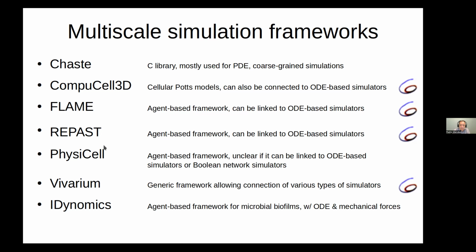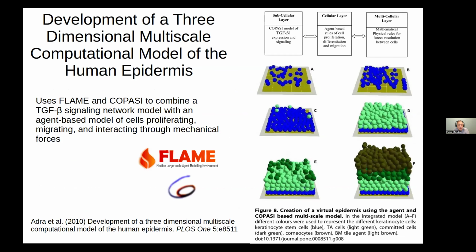Okay. So first one, this is a paper from way back 2010, so a number of years ago already, where they simulated a human epidermis. So here the number of cells is variable, as you could see by different snapshots. Also, the states of the cells are very different. They color them by different types of keratinocytes, and I think they're labeled according to the content of keratin and how that